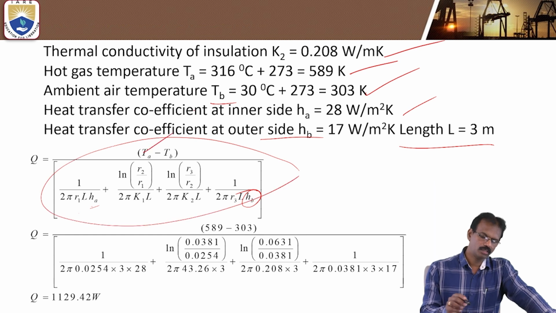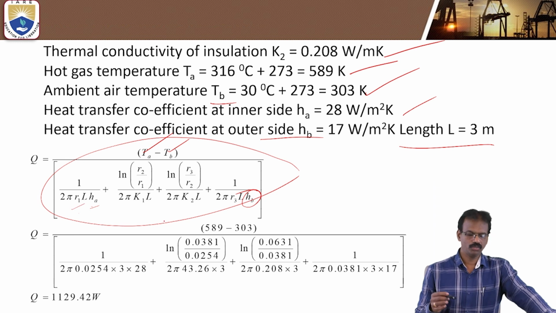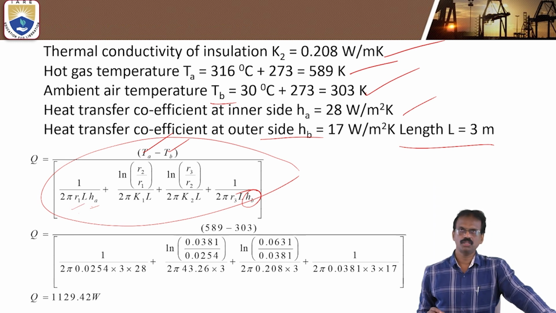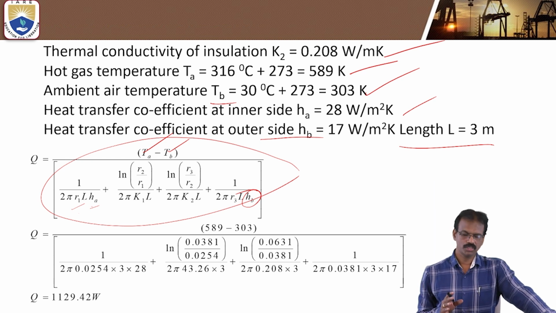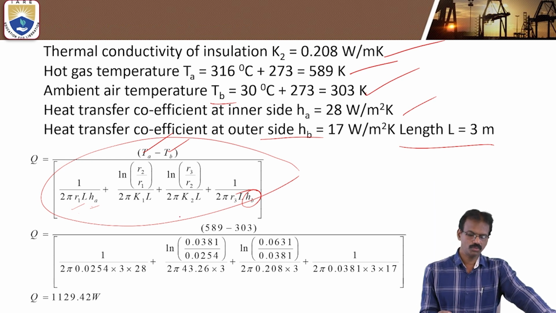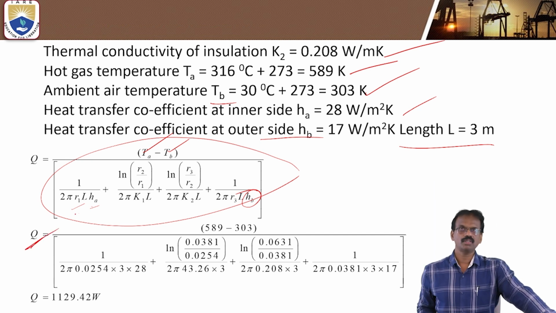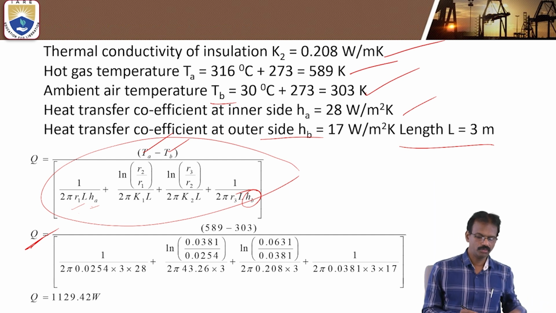You know the hot fluid temperature, you know the cold fluid temperature, R1, R2, R3, you know this one. K1 also, K2 also given, thermal conductivity of the steel pipe given, thermal conductivity of the insulation also given. So you can substitute all the values, then you will get the rate of heat transfer. Okay. So heat loss Q is equal to the final value is equal to